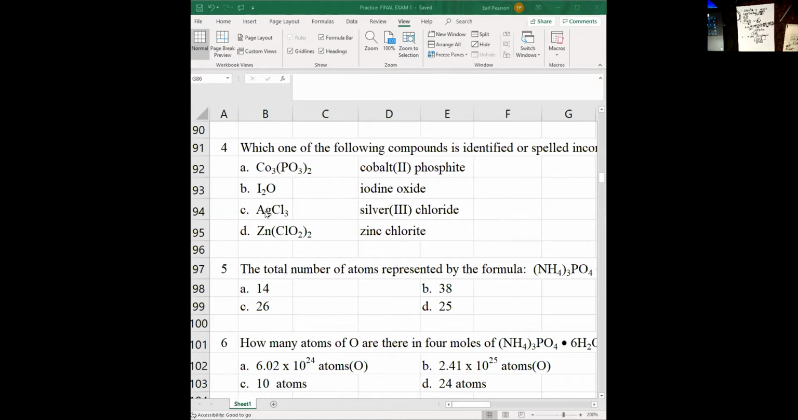And if silver is +1, you don't use a Roman numeral. But if it is something else than +1, you do. And that's the same true of all of those elements that we said we didn't use a Roman numeral. Zinc is always +2 in its compounds, but if you ever found it as a +1, you'd have to name it zinc(I) chloride or whatever. Okay, so